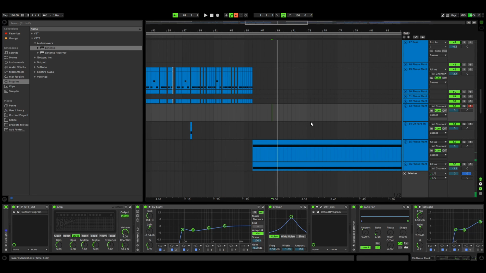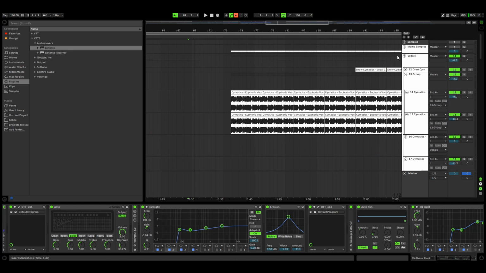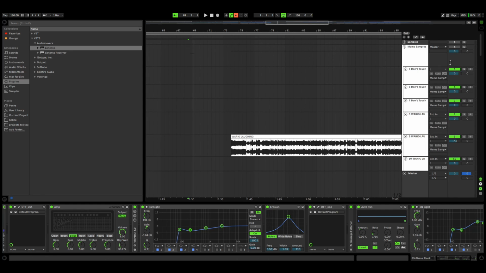Breakdown is pretty standard, kind of serving as a transition between the 2 drop ideas. In the original, however, there was this Wario laughing thing, which I thought was funny. Also, it's the 8-bit drummer, so what do you expect?